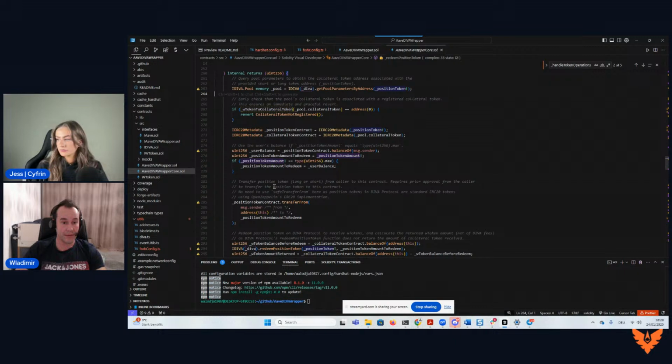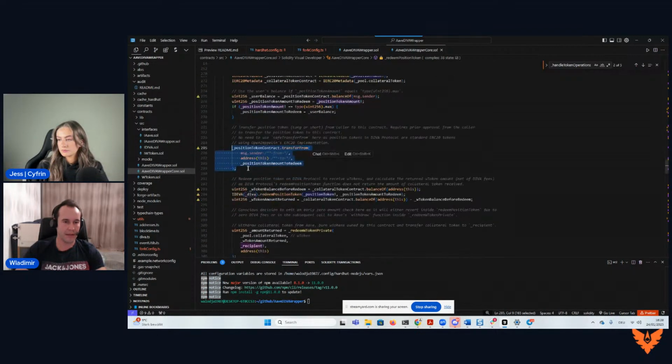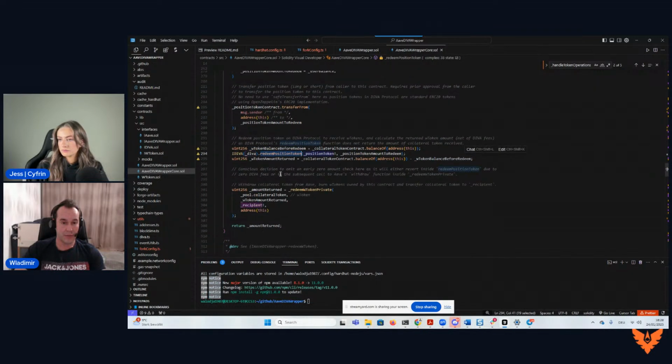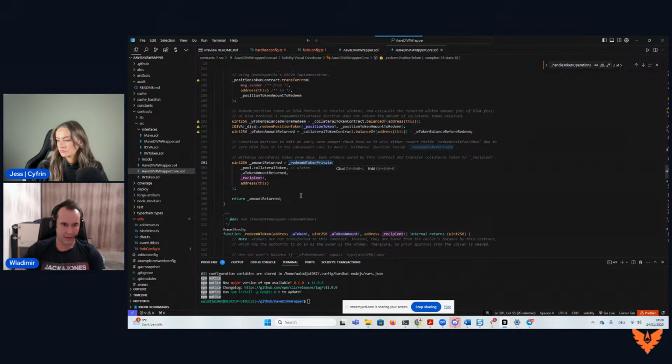So he's basically just preparing for all the operations here. And then what it does is it transfers the long token from the user to our DIVA wrapper. It then moves on to redeem the wrapped token, right? So wrapped token is basically you go to DIVA protocol